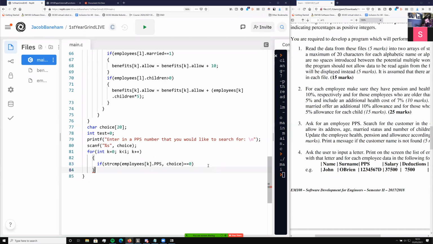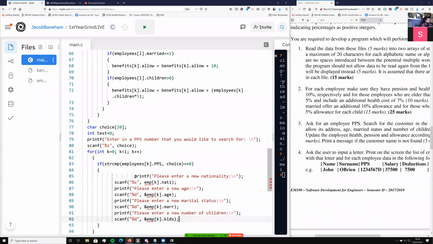So we now want to compare the option that they've given us with every single employee. Then we want to ask them to enter a new nationality, a new age, a new marital status, and a new number of children. The way we do that is just by taking all of this, taking it in,